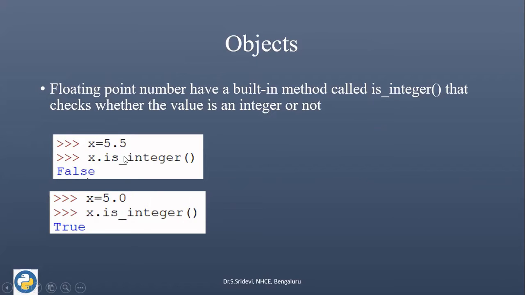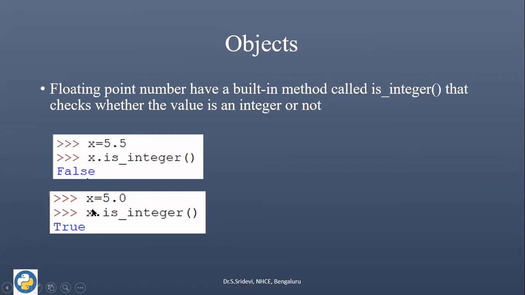Now, if I want to access either the attribute or the method, I can do it with the help of this reference. First I use x, the reference name, dot, the method name, here is_integer. When I call this, it first checks whether this value is an integer or not. Integer means it contains only the whole number, without any fractional part. But this is 5.5, so there is a fractional part. So this method will return False, and the output is printed as False.